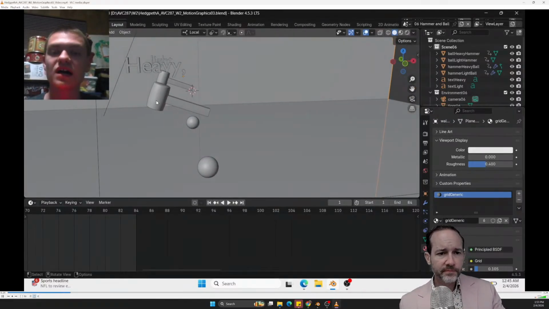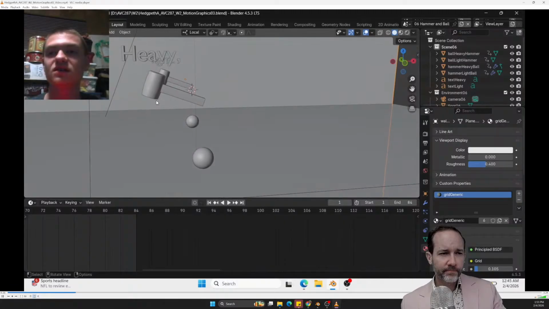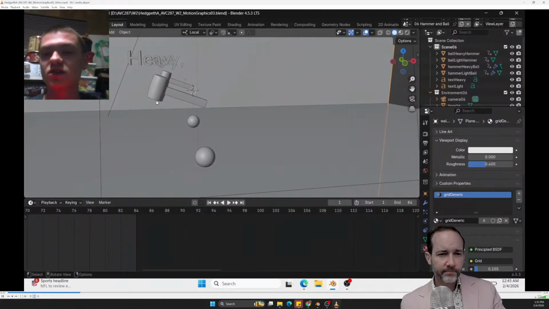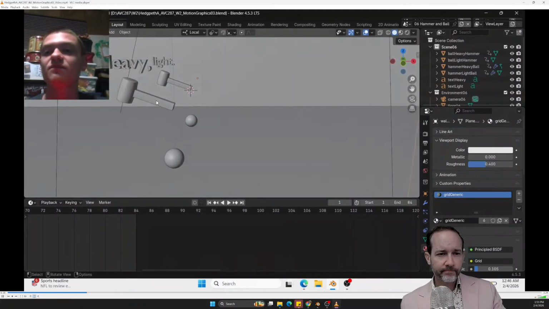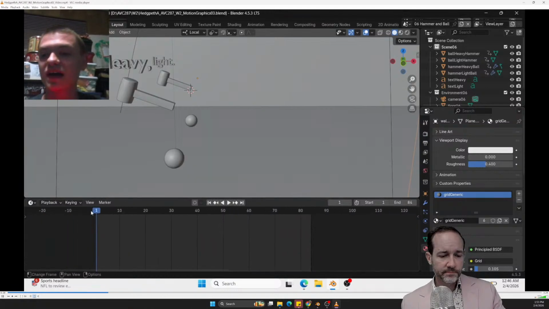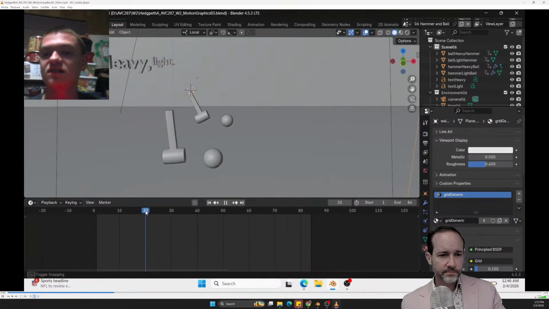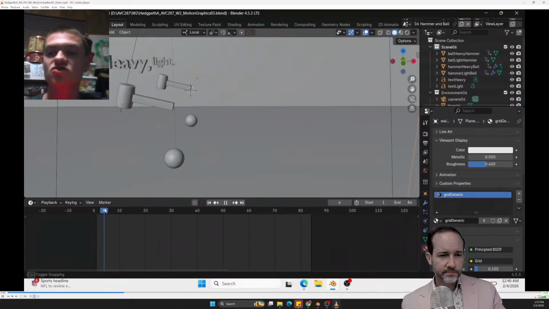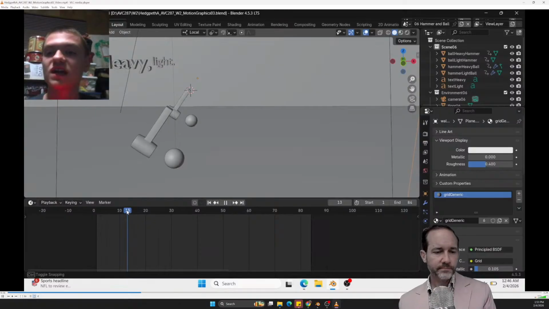I thought a bit about the physics here, because it's going to be hitting the same weight of hammer, hitting a heavier ball, it's going to lose more energy on the initial impact. And as you can see, it swings back and forth less. So I started with the hammer in that regard, and then just took the frame